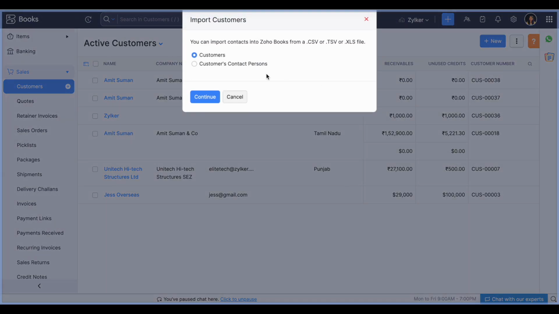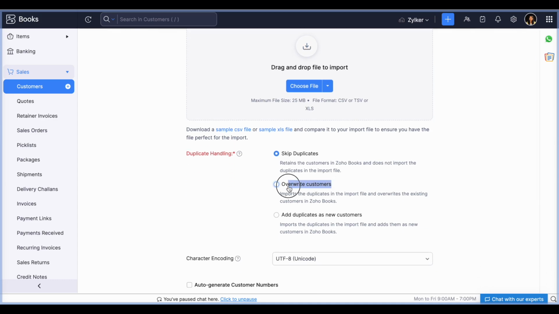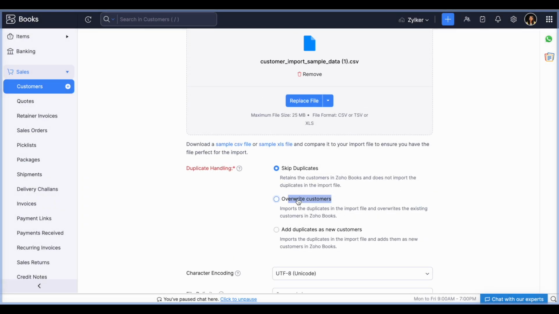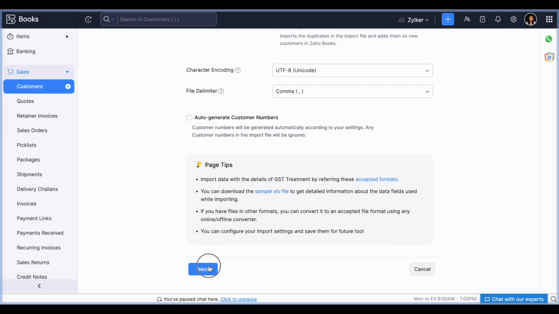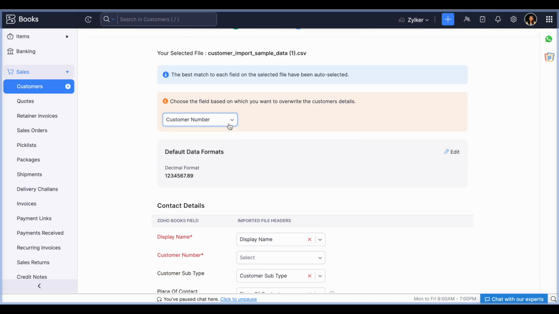While importing customer or vendor details, we are providing an option to override the customer or vendor details. So what is the override option? The override option is used to replace the existing customer data with a new one. Let me show how this customer and vendor number is useful here. While importing using the override option, we are providing an option to import based on the customer number instead of contact ID. Similarly, we can also import our vendor using the vendor number.